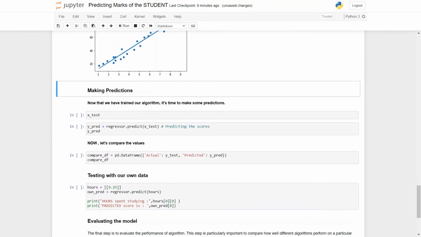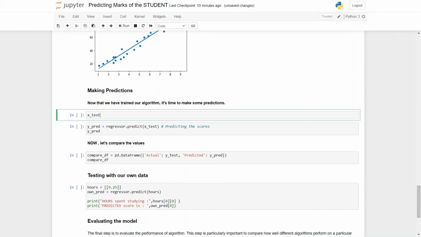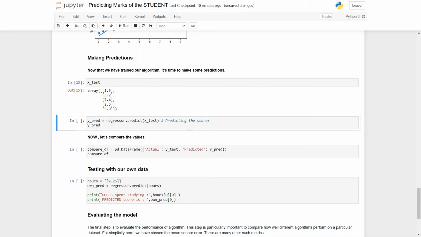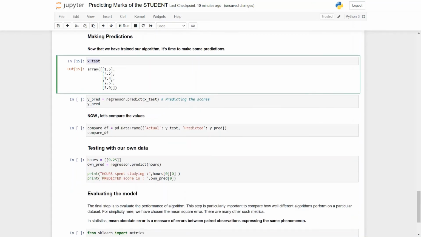So our next task is to make predictions. Now that we have trained our algorithm, it's time to make some predictions. The prediction will be made on the test data. So let's see what this test data has. These are the values contained in xtest in the form of arrays. Now we are passing this xtest as a parameter to regressor.predict so that we have the prediction value.